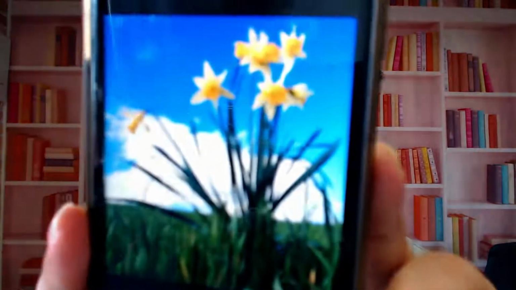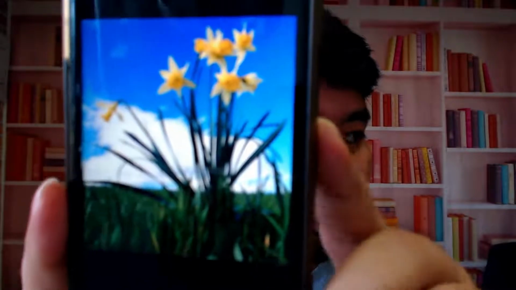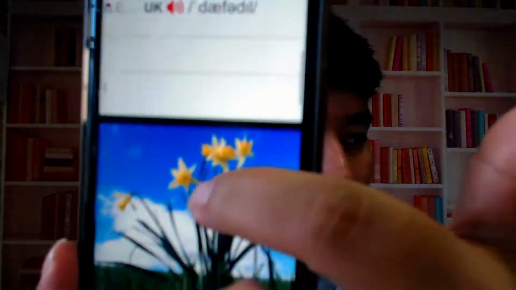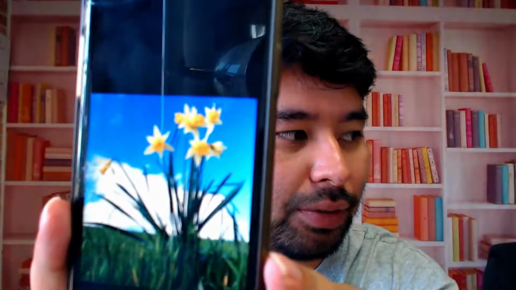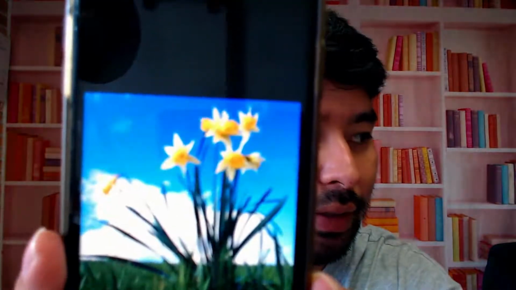Okay, I'm gonna show you a picture of a daffodil. Okay, so this is a daffodil. Essa é a planta daffodil. Check it out. Can you see that? Okay, so this is a daffodil. I don't know if you can see. I hope so. So that's it. This is the name of a plant. Okay, and coming back to the reading.